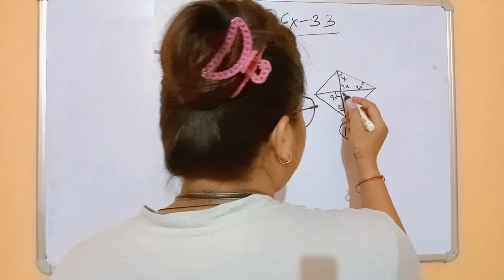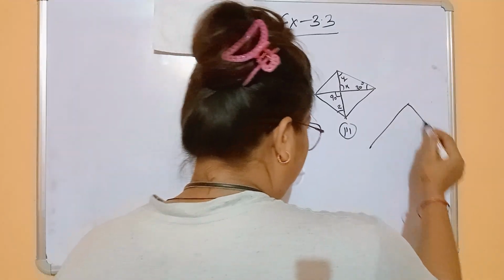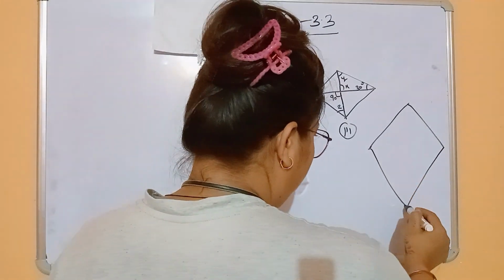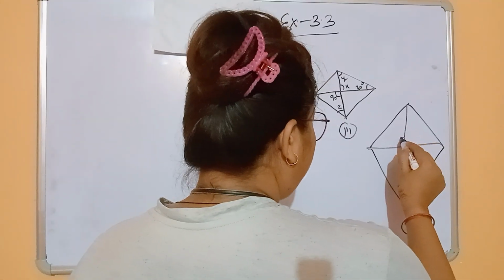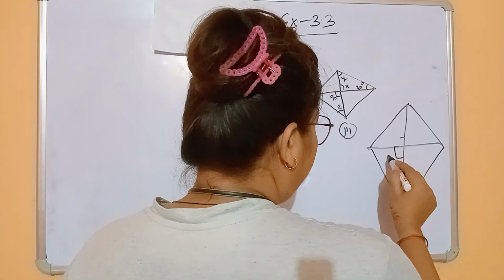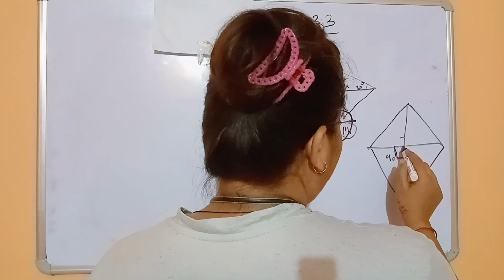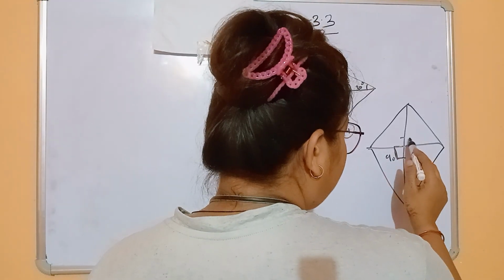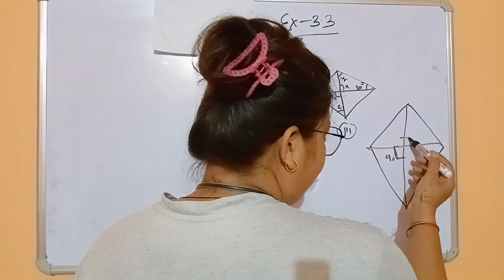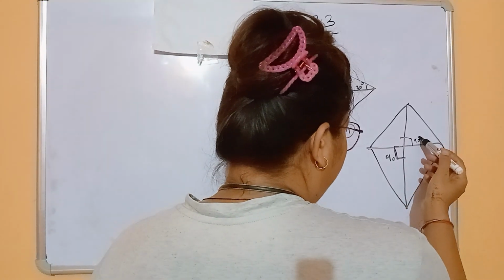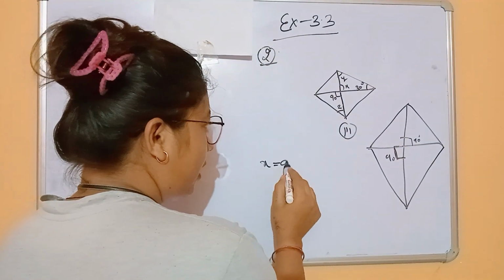So here we easily understand if we make a large figure. Okay. Draw large figure, without it we do not understand. So one by one understand here. So draw here 90 degree. Here draw 90 degree. Okay. So what we do, 90 degree here x, so we understand easily if here 90 degree, it's also 90 degree. Okay, alternate angle. So here 90 degree, that means x is equals to 90 degree.